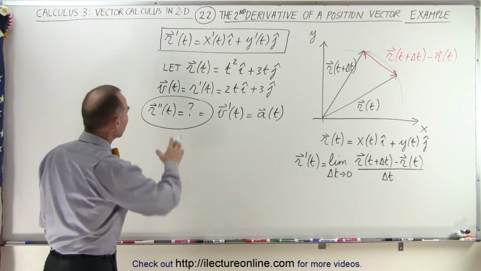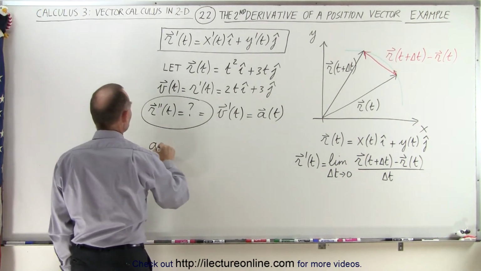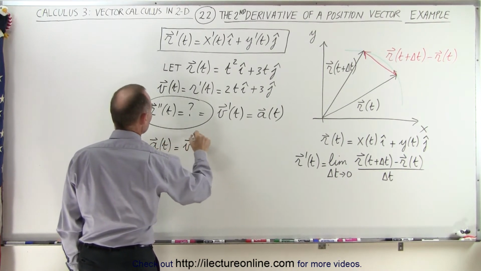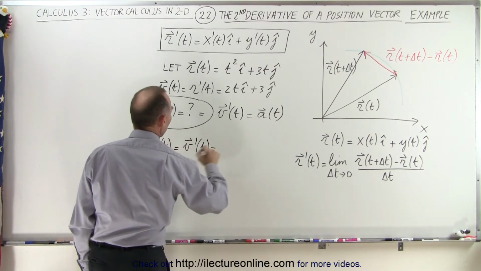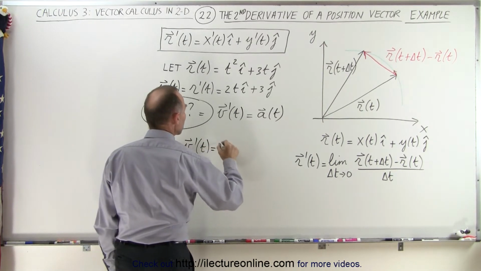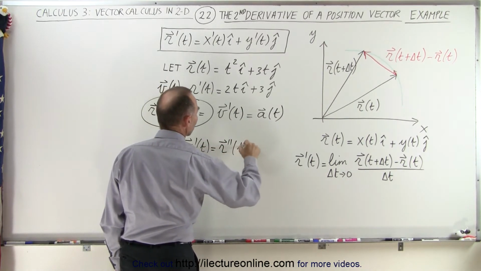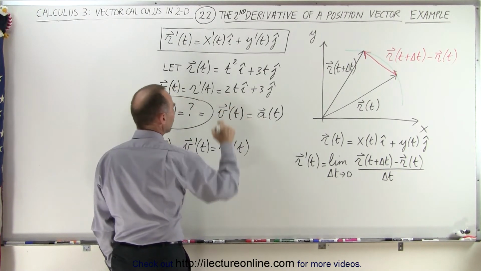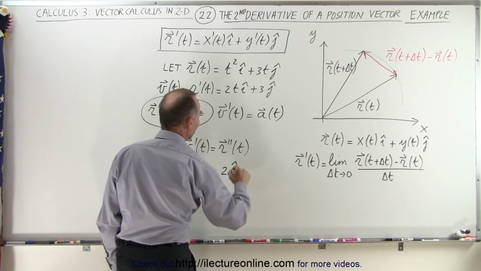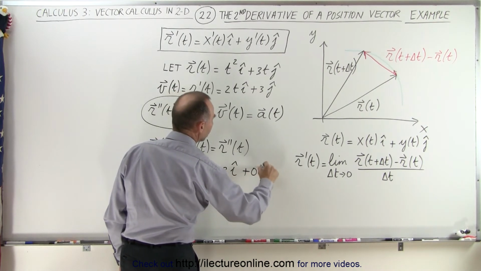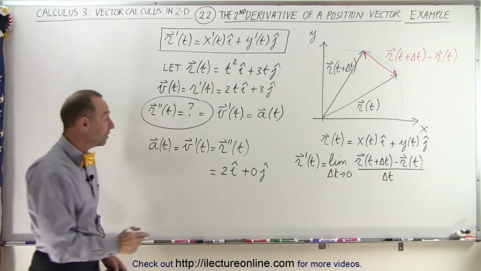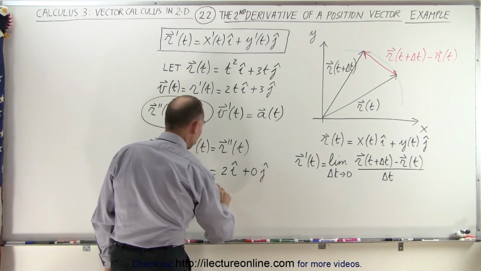We'll take the first derivative, which is right here, and then the second derivative, the acceleration as a function of time, is equal to the first derivative of the velocity, which is equal to the second derivative of the position, which is going to be equal to the derivative of 2t, which is simply equal to 2 in the i direction plus 0 in the j direction, because the derivative of 3 is 0, which means there's no y component,